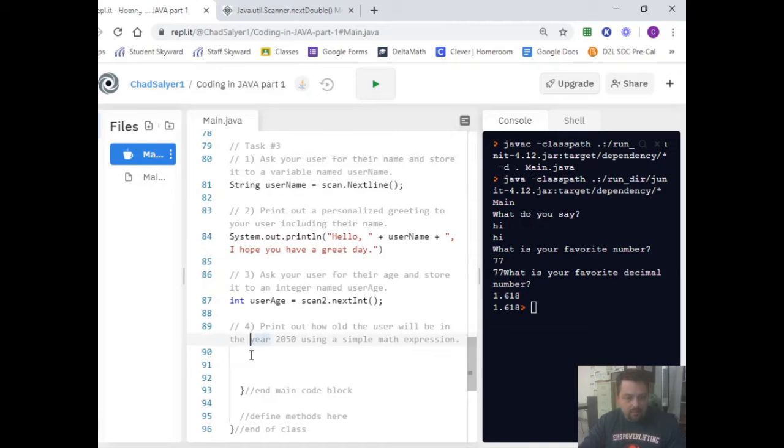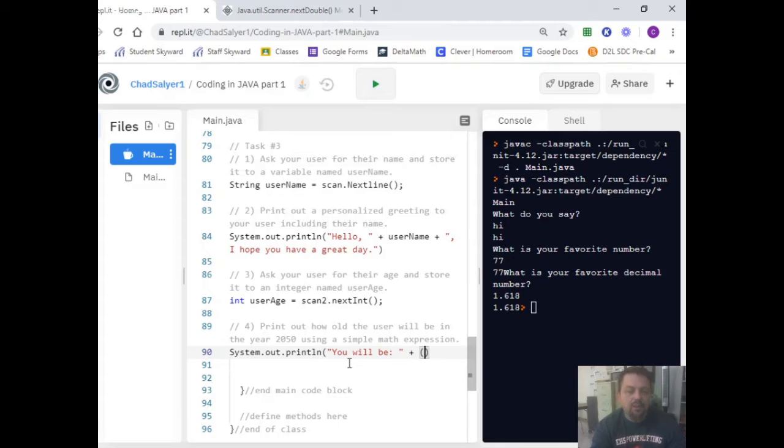Let's see here. You know, Python is real finicky about numbers and strings being together in a single argument for a print command. Java handles that much better, in my opinion, and you don't have to worry about mixing up variable types in an argument for an output. It'll just make it work by default. Java does. Okay, so we're going to say you will be